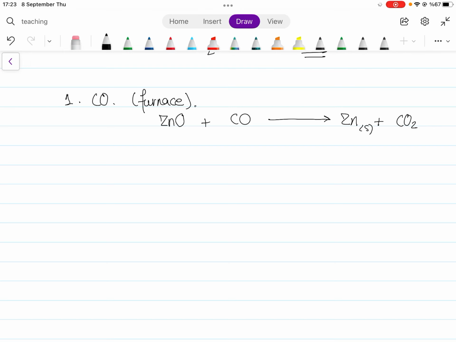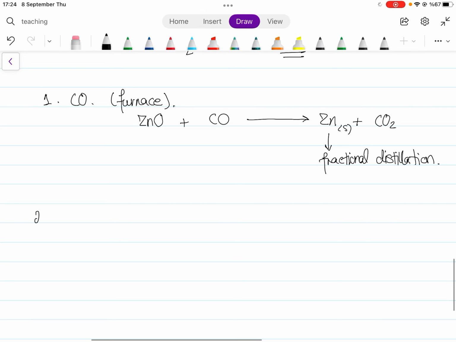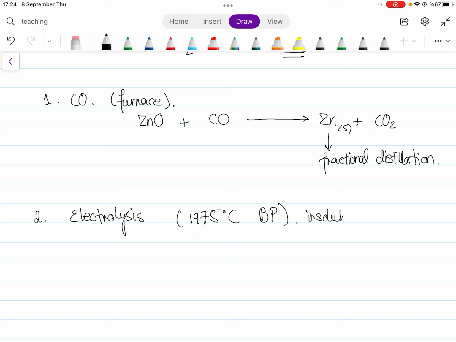Then the zinc is further separated by fractional distillation, which I'm sure you have studied in chapter 2 of IGCSE. Then the second method of obtaining zinc from zinc oxide is electrolysis, but this is theoretically possible, not practically, because zinc oxide has a boiling point of 1975 degrees Celsius. So it's very high to do this, and it's insoluble in water. So I can't even form it as a liquid, and as you know, in electrolysis I need this to be